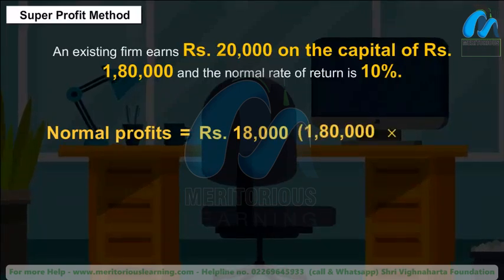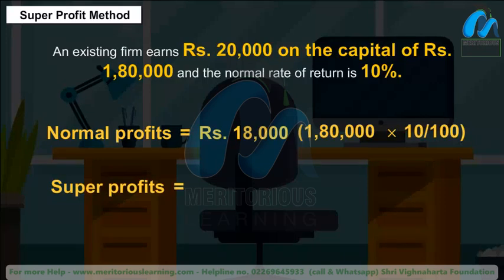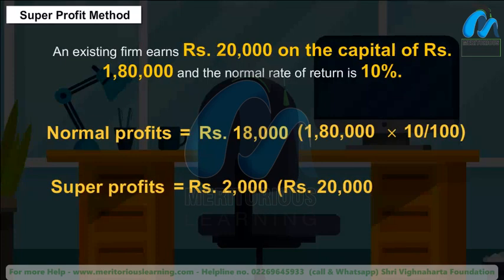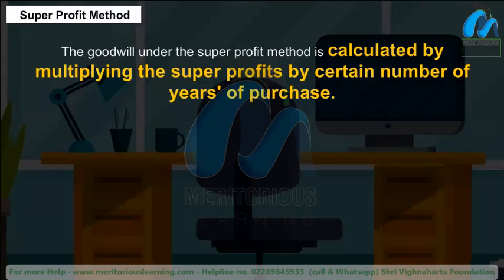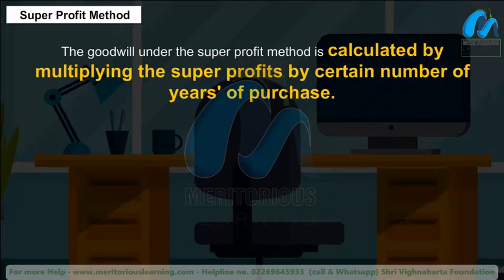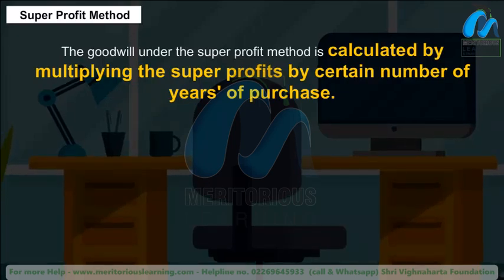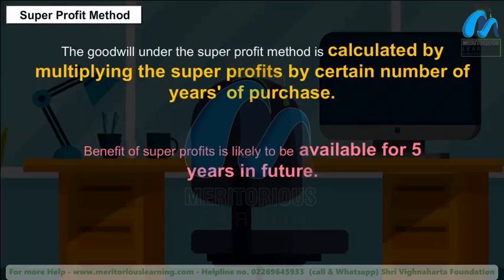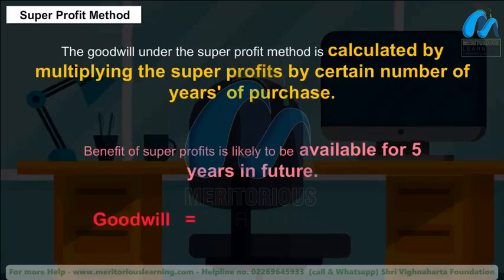1,80,000 multiplied by 10 upon 100. The super profits will be rupees 2,000. Rupees 20,000 minus 18,000. The goodwill under the super profit method is calculated by multiplying the super profits by a certain number of years of purchase. If, in the above example, it is expected that the benefit of super profits is likely to be available for 5 years in future, the goodwill will be valued at